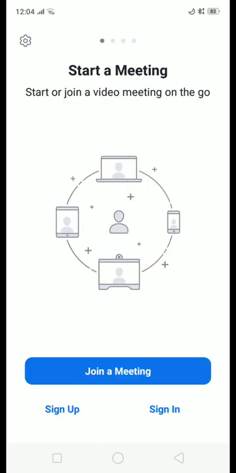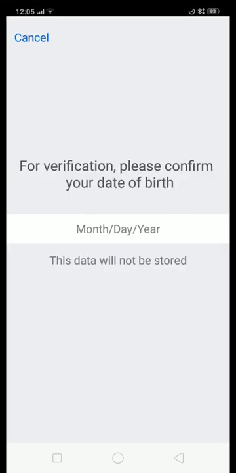So we land on this page which says start a meeting, and at the bottom you can see join a meeting, sign up, and sign in. Since you are registering for the first time in the Zoom app, you have to click on sign up. After you click on sign up, this page will be shown.